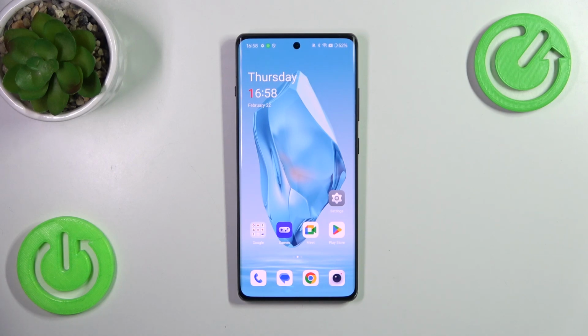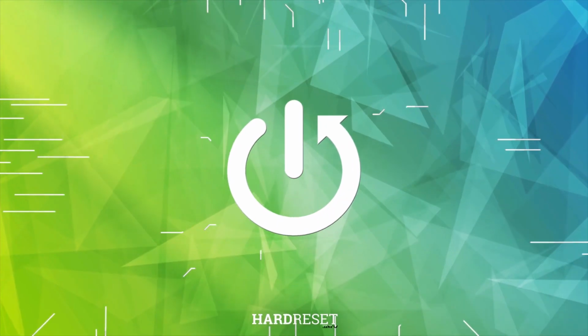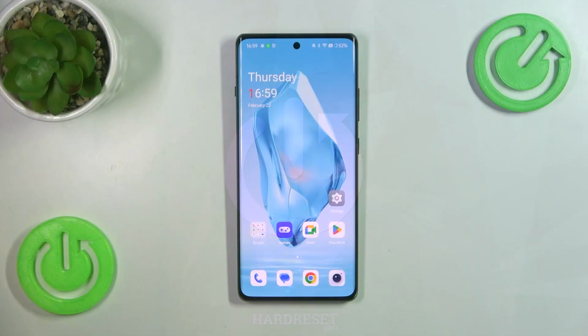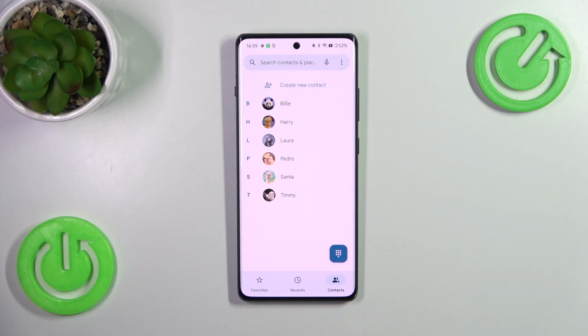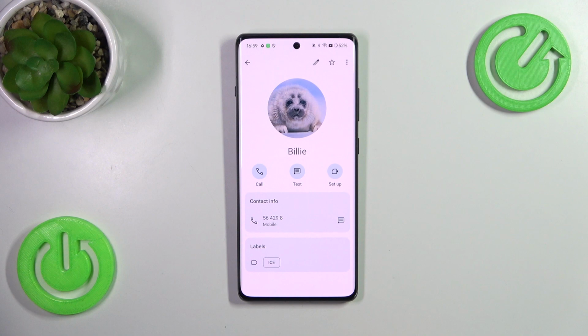Hi everyone, in front of me I've got OnePlus 12R and let me share with you how to block a number on this device. So let's start with blocking the number you've got currently saved on your contacts, and then I'll show you another way. So let's open your contact list, find the contact you'd like to block and tap on it, and then